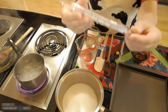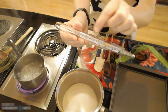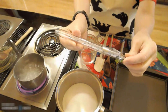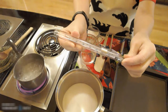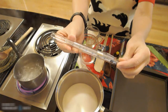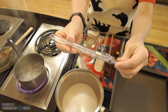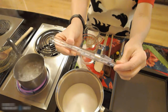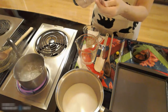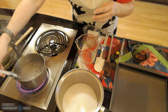Make sure when you are looking at your thermometer that you know what all the little marks mean so that you understand where your temperature is going to be. I have to boil this for 2 to 3 minutes to make sure it boils at 212 degrees. If it doesn't, I will need to change the temperature that my candy needs to go to by the difference, whether up or down. I'm going to place my thermometer in my pot of boiling water,